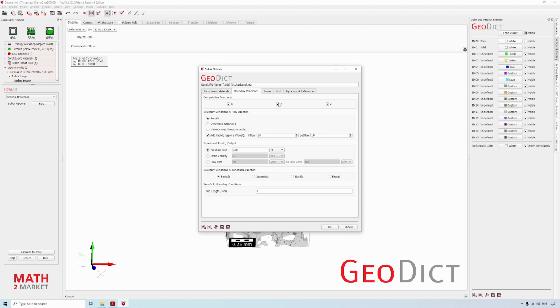As I previously said, we would have to take the symmetric boundary conditions. But Geodict has the options for fluid flow simulation that you can use periodic boundary conditions and add an implicit in and outflow. So Geodict adds empty space at the top and the bottom of the structure and simulates through it. This will get rid of symmetric boundary effects, and afterwards in the post-processing Geodict just crops this region out and can calculate the values out. But in tangential direction we have to choose symmetric boundary conditions.